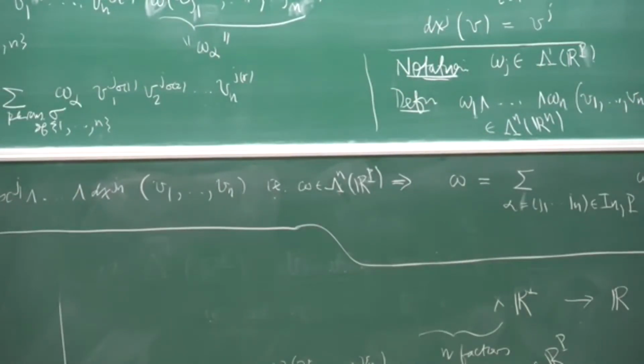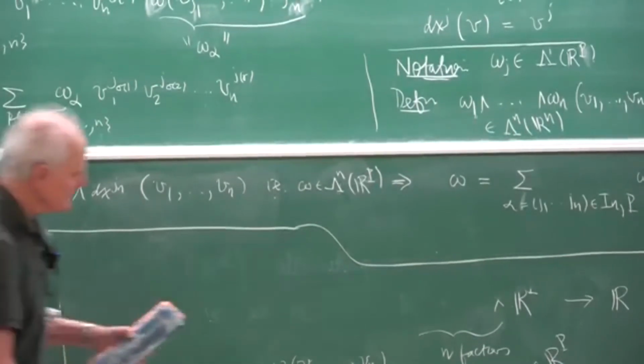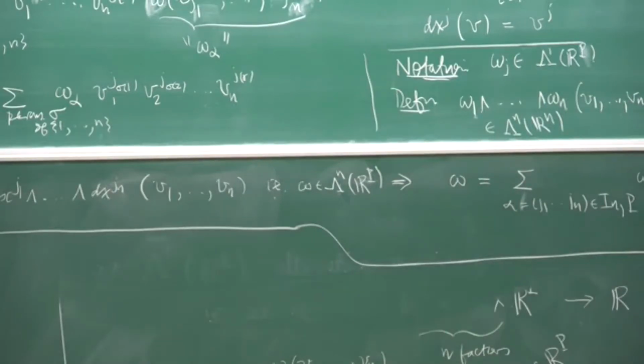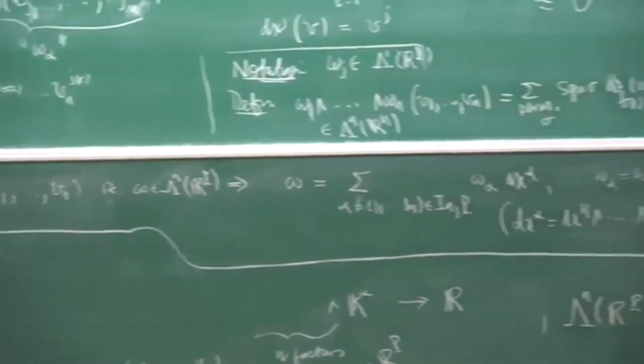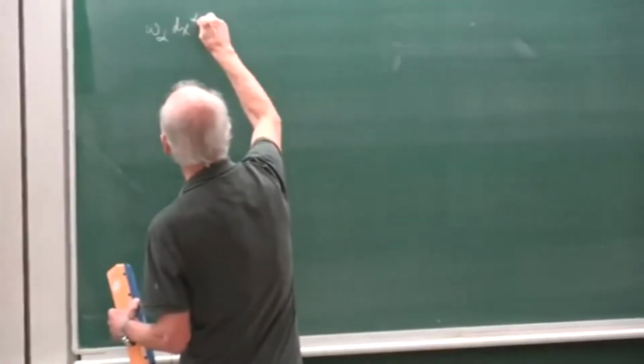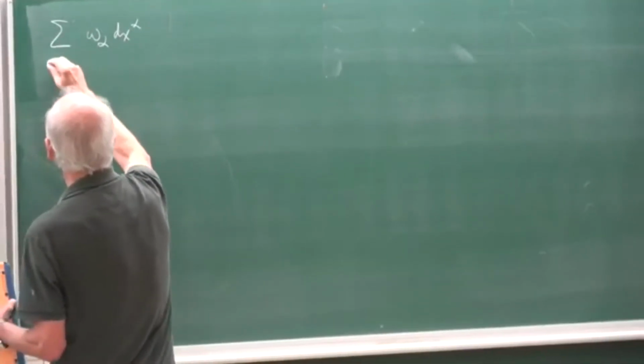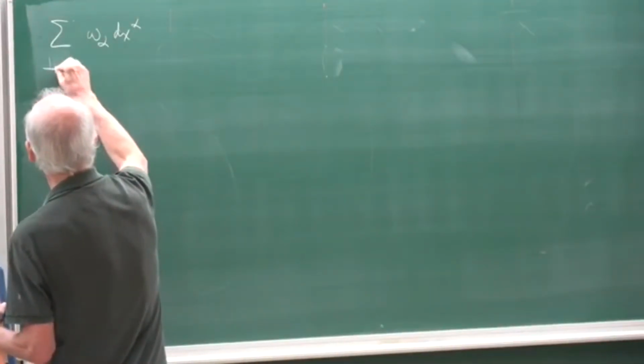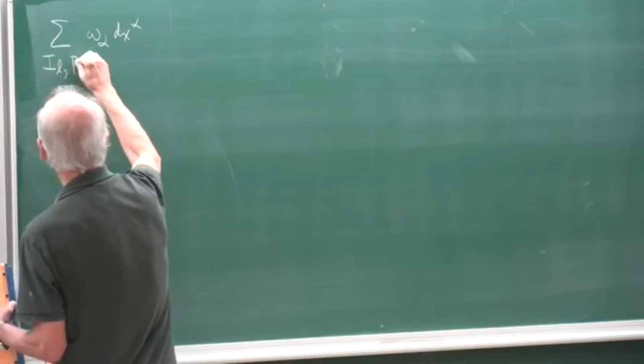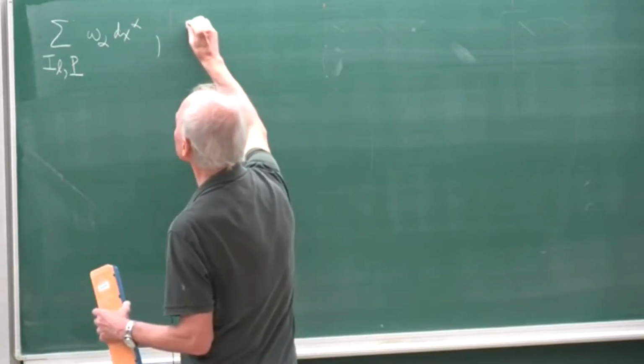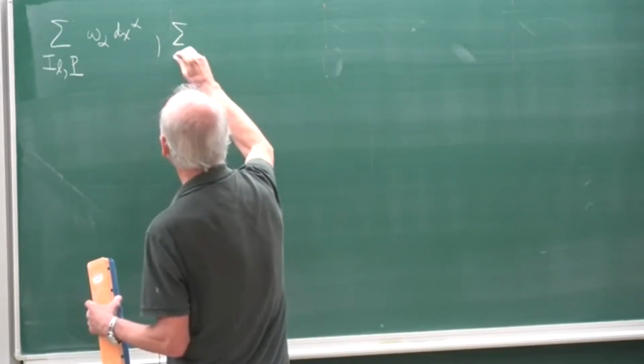Now, let's get a couple of properties. If you take ω_α dx_α, so you take one of these in I(L,p), and you take another one in